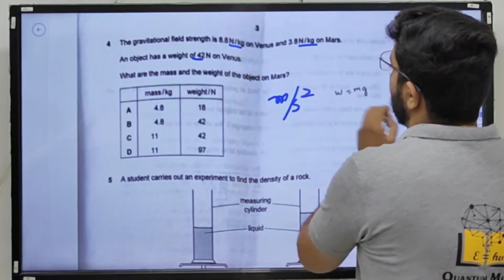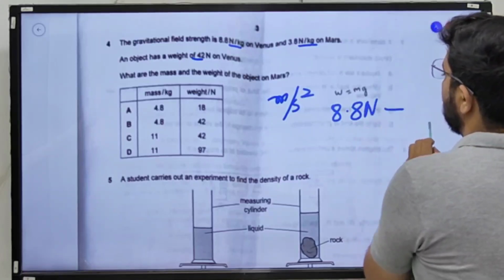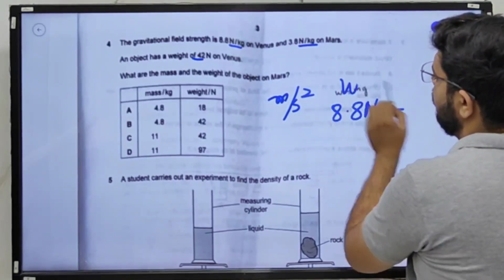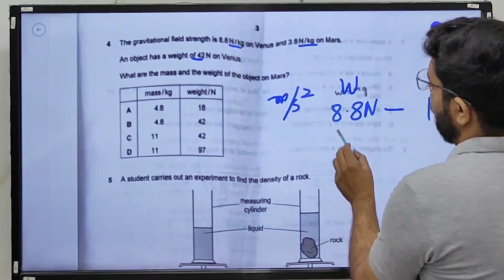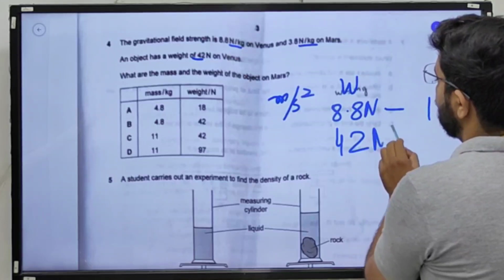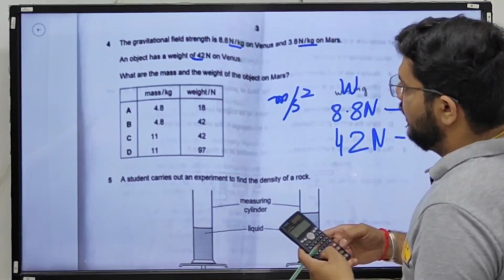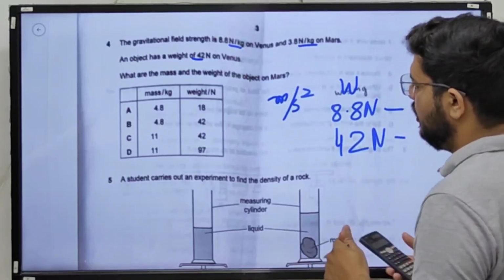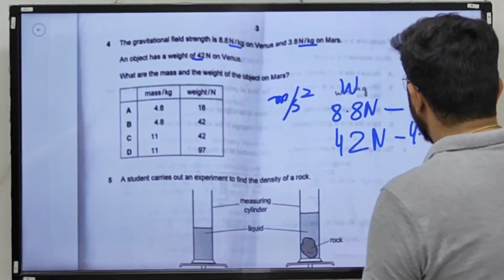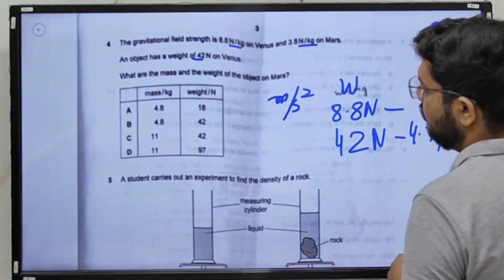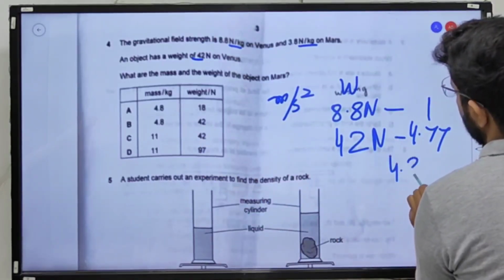So if an object that has a weight of 8.8 newton has a mass of 1 kg, what is the mass if 42 newton is its weight? So what we have to do is simply divide 42 by 8.8. So you get 4.77. I get 4.77 here. Now 4.77, we don't have an option, but we have 4.8 as an option for